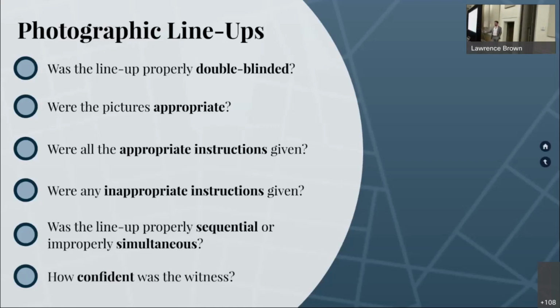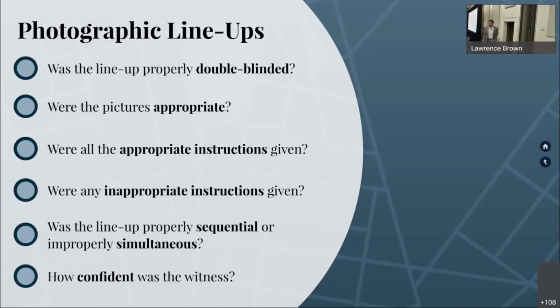There are lots of reasons for that. One of those reasons is they might actually just be sure, right? Maybe that is in fact the right person. But one of the reasons for that is the trappings of the trial rather suggest that that dude sitting at the defendant's table is the right dude. And now there is, again, informational conformity for someone to say, well, if the state thinks that that's the right guy, I am right to think that that's the right guy.